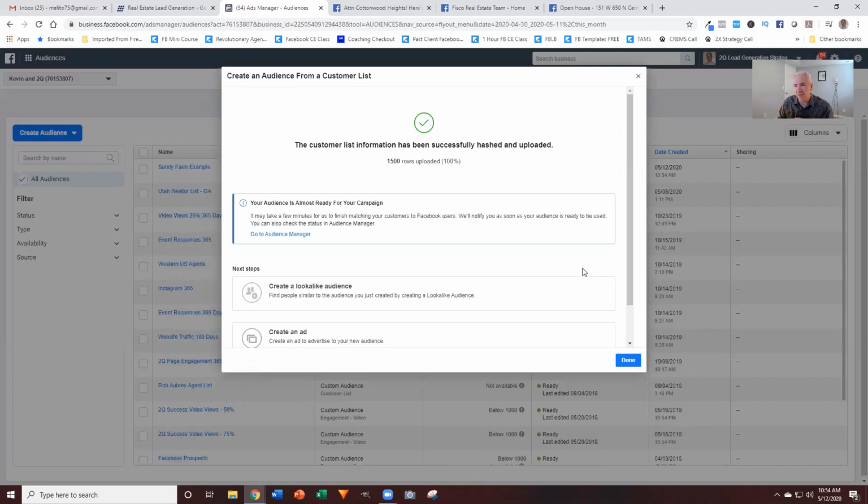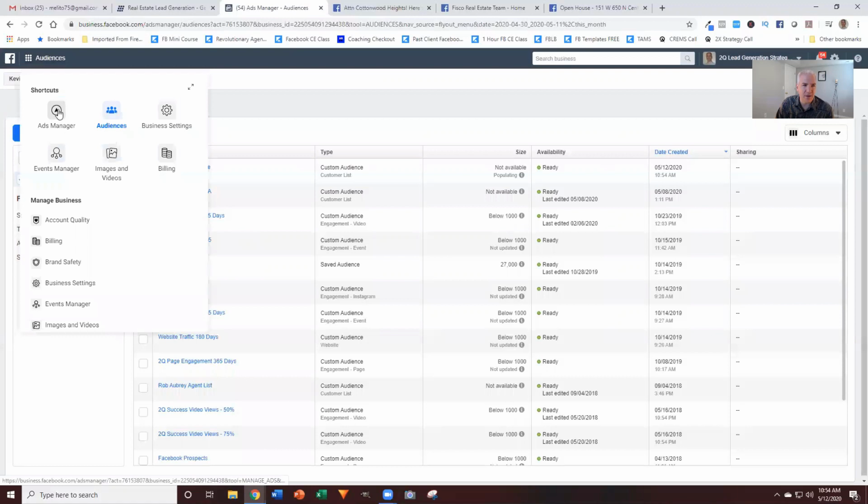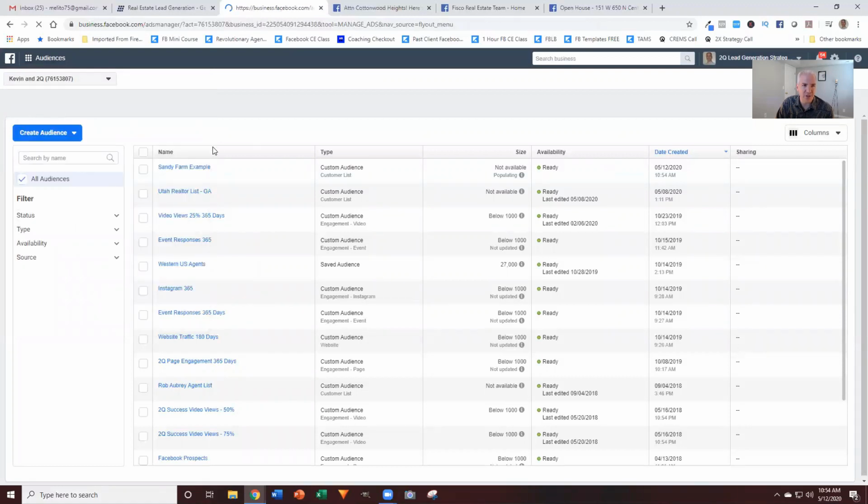Okay, so with that, I've gone ahead and got the list uploaded. On those screens, I know I did it fast, but I was just telling Facebook, here's the column in the spreadsheet, and here's what data that is inside of Facebook. So I have now uploaded that list, and if I go to my Ads Manager account,